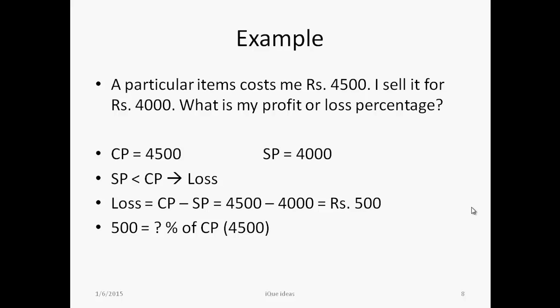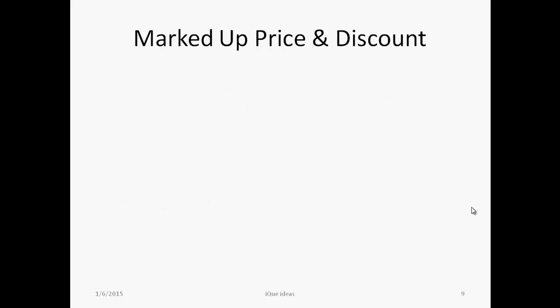If we use the basic concepts of calculation of percentages, we can find out that 500 is 11.11 percent of my cost price. So my loss percentage is 11.11 percent. Now we have a concept called marked up price and discount, and this concept is something which every buyer should know about. In fact, this is the concept which is most commonly used by most of the sellers and shopkeepers